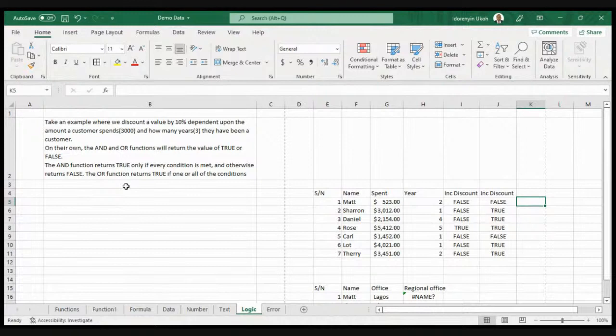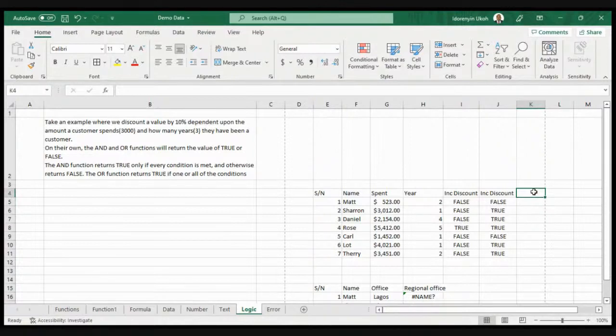The AND function returns true only if every condition is met; otherwise, it returns false. The OR function returns true if one condition is met or all the conditions are met. For this data, I have a name, the amount that was spent, and how many years each customer has been with that store. That will determine the discount that will be given.